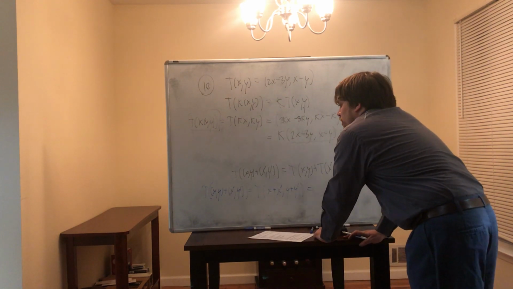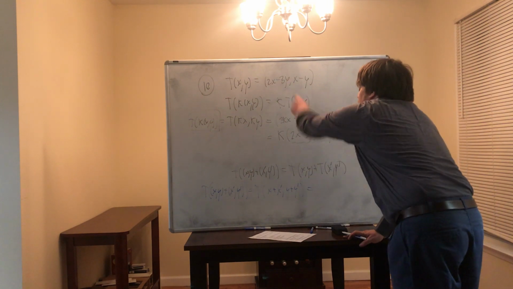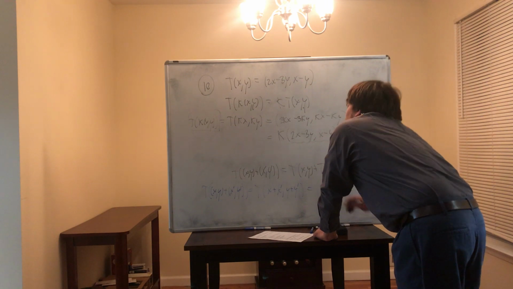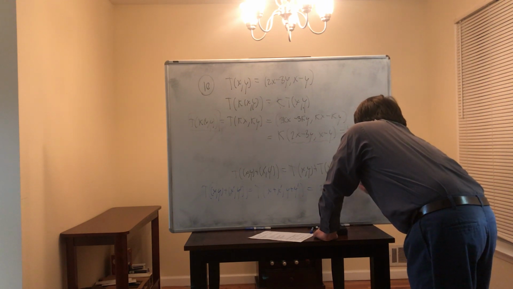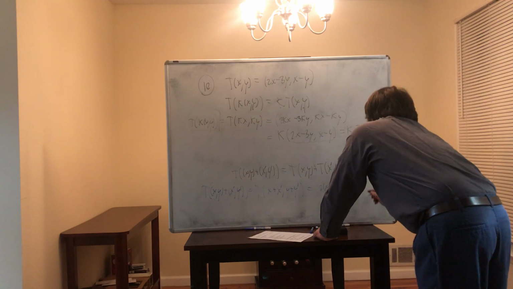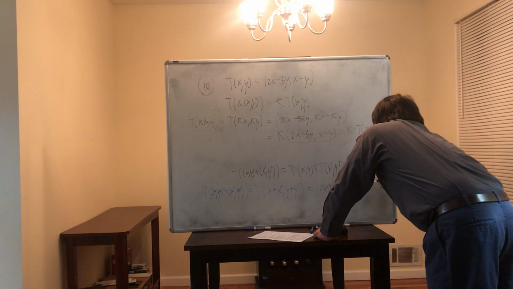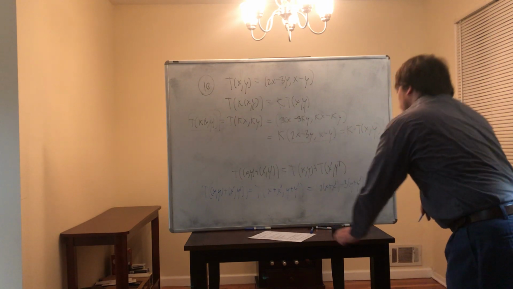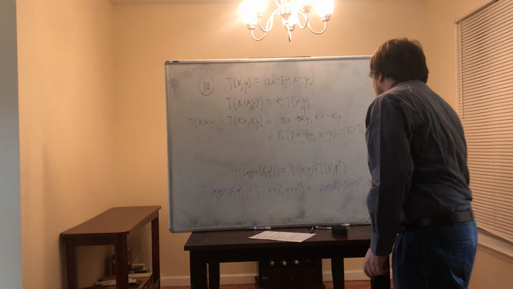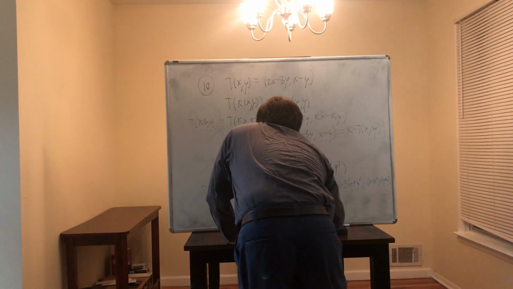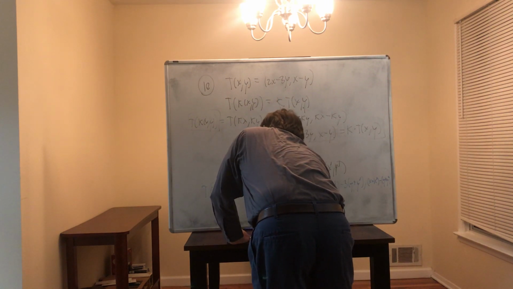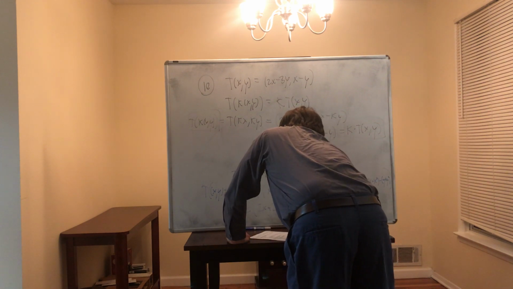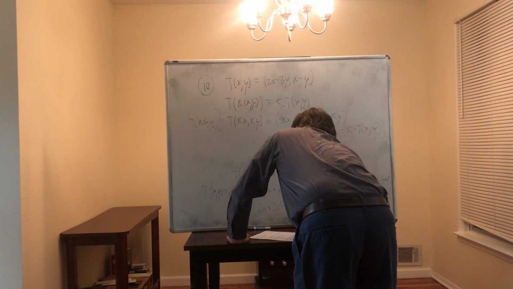And by the definition, that's equal to 2 times (x plus x prime) minus 3 times (y plus y prime), comma, (x plus x prime) minus (y plus y prime). And what that's equal to is 2x plus 2x prime minus 3y minus 3y prime, comma,